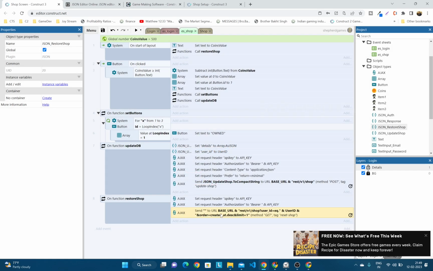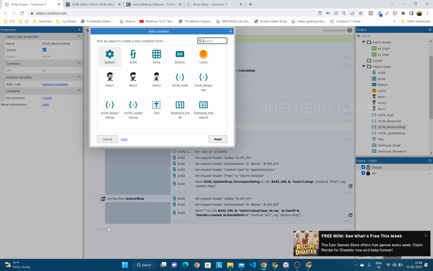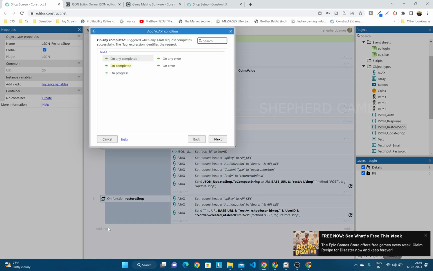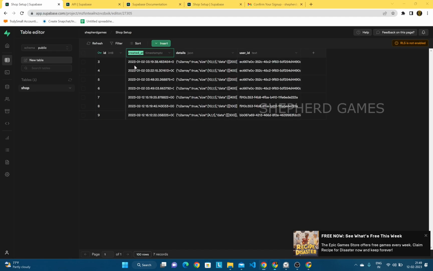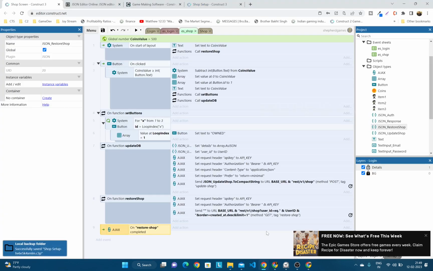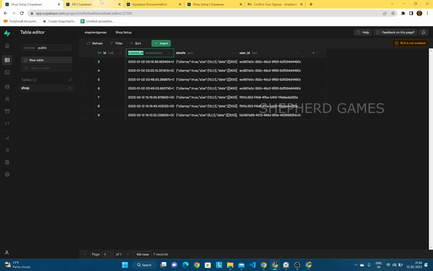I'm sorry, we don't need the data. I'm getting confused. Sorry about that. So here it's not reset shop, it is restore shop, and we are getting details. So we will not have the data, and we are using get. All right. So now we need to check that in JSON and see if it is completed. So this should be restore shop. So when it has restored,